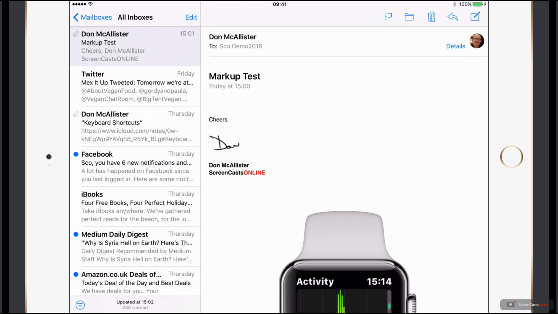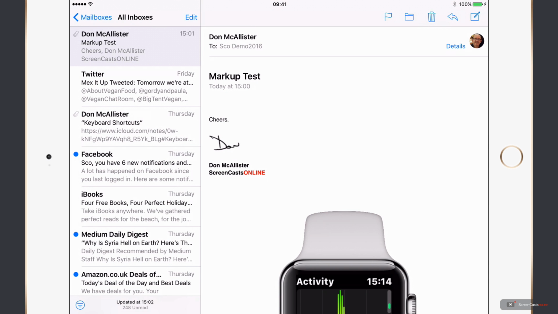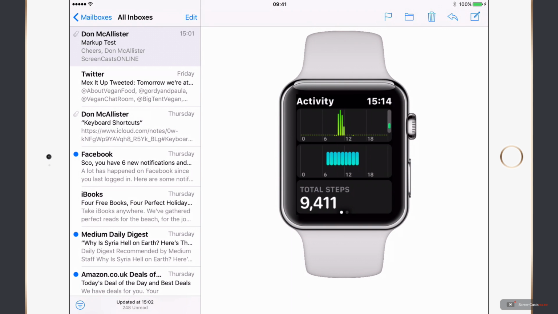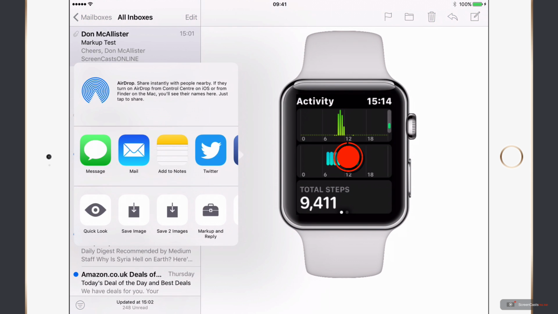Now, if you receive an image or a PDF that you want to reply to, perhaps you want to comment on the image or the PDF, there is a really nice mechanism built into iOS that allows you to do just that. So here I have an email. It's basically just got a PNG file, which is an Apple Watch image. If I tap and hold the image, we get the standard share sheet pop-up with some new icons in, one of which is to mark up and reply. So if I tap that,